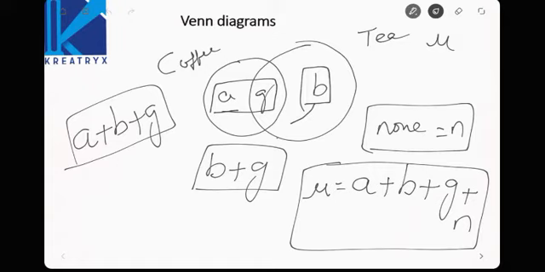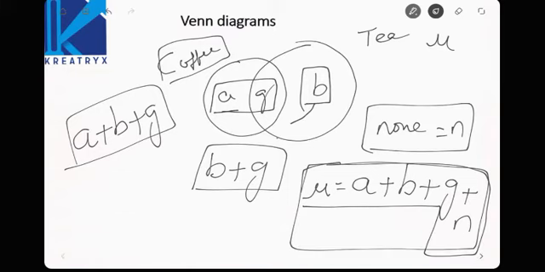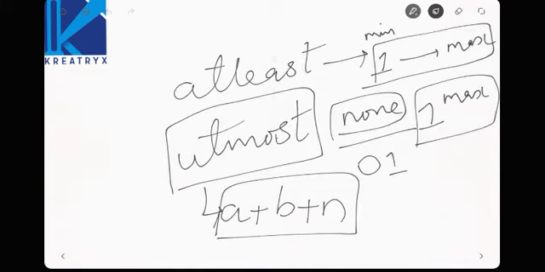So this is how to find out the values of different Venn diagrams. Now see, total does not mean adding the coffee and tea values, because G is common to coffee and tea. So total must contain only the alphabets of the Venn diagram, which is nothing but A plus B plus G plus N. Are you clear with the concepts? We have discussed many questions in detail in the problem solving. Find those questions. Now let us see 3 variable Venn diagrams.